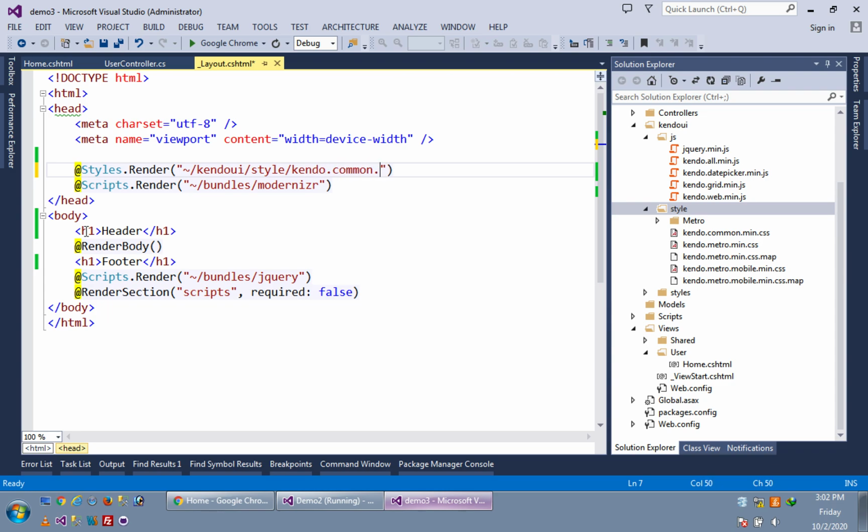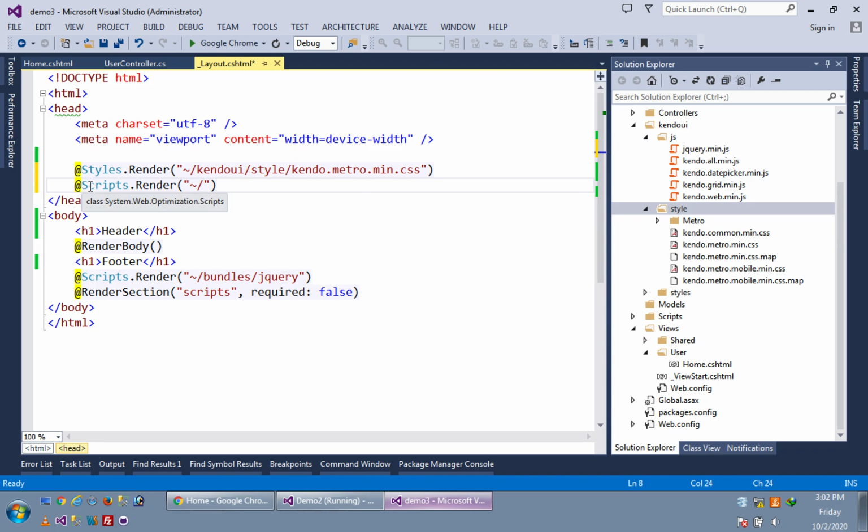Or you can use this metro one. Metro one is the theme, I will show you. kendo.metro.main.css. Okay, perfect.